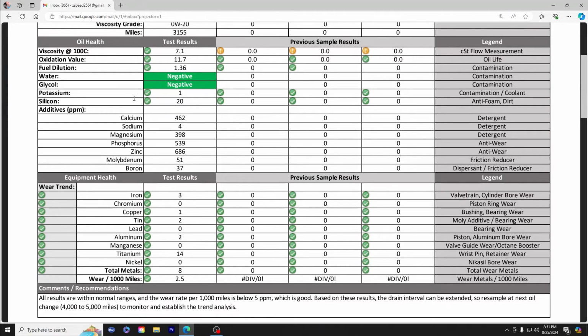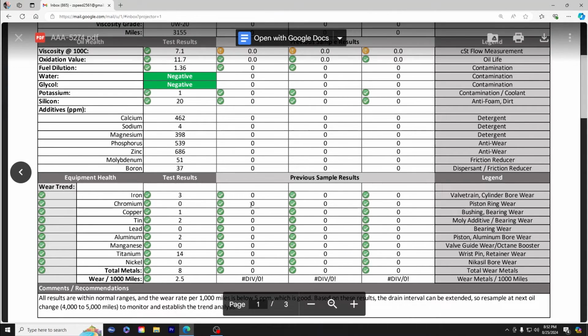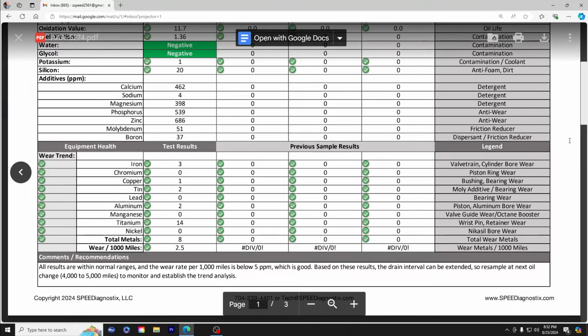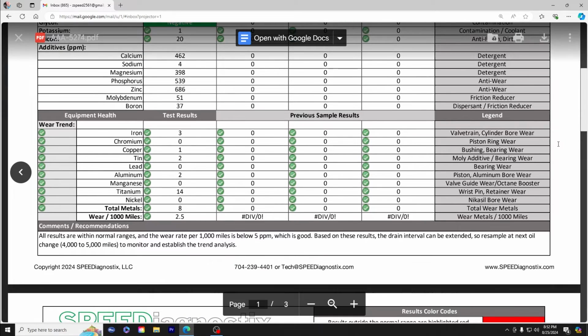That's just a little bit of detail. I don't know a lot about this area, but I'll leave a link below for an in-depth analysis by the guy who created all this, the motor oil geek. Okay, now we're going down to equipment health, or basically it's a wear trend analysis of the metals in your